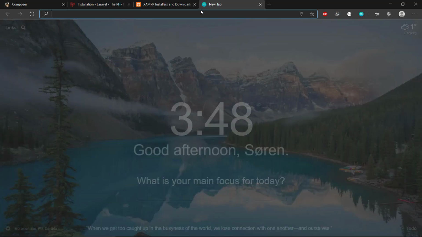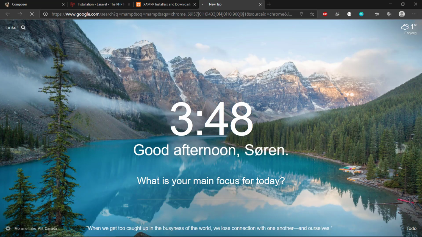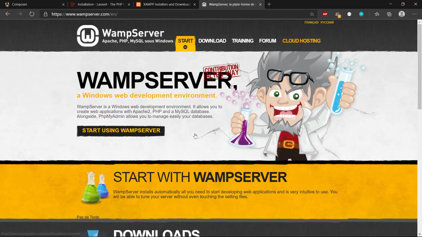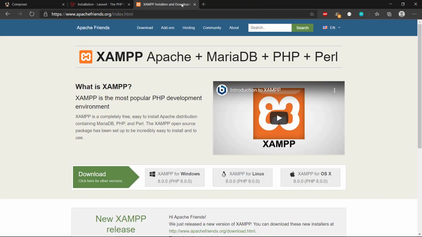There are also options like MAMP. That was usually created for Mac, but that is the same LAMP stack. And we also have a dedicated Windows platform called WAMP Server. That is for Windows. But I'm going to be using XAMPP, and we can see that the most recent version of PHP is called